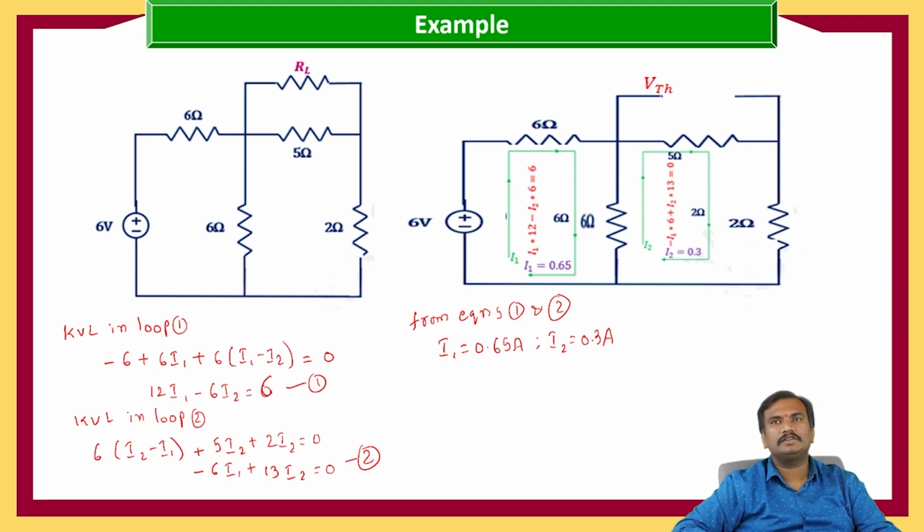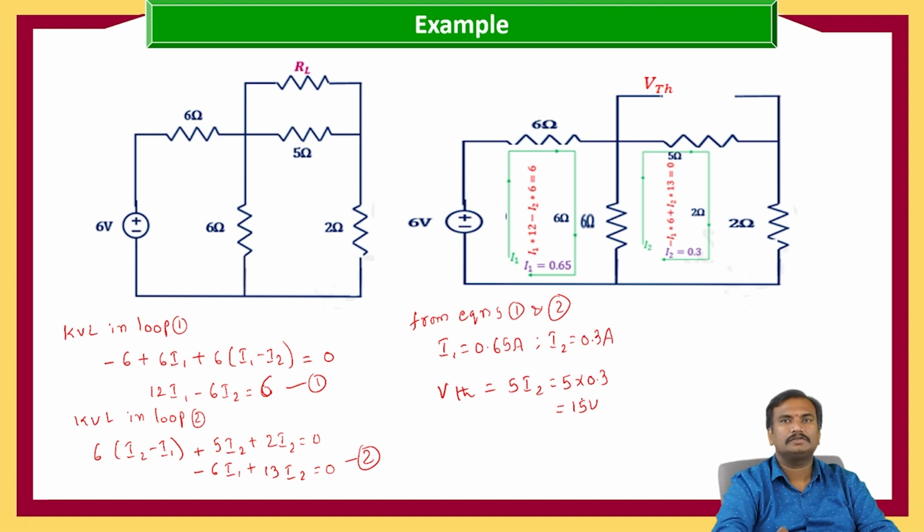So VTH is equal to 5 into I2, that is 5 into 0.3, that is equal to 15 volts. Now we got VTH as 15 volts